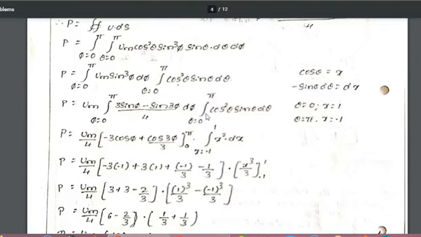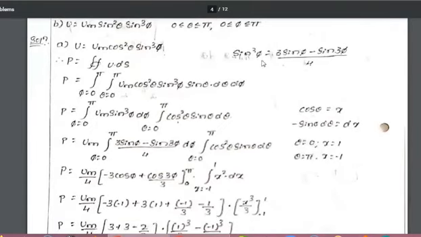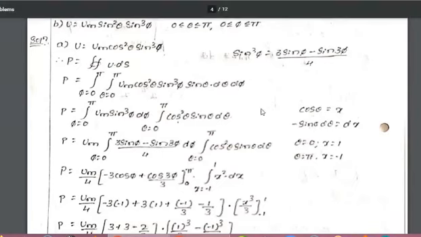So how do we integrate here? You know the value of sin cube phi: 3 sin phi minus sin 3 phi divided by 4. This you can substitute here. So in the phi terms, 0 to pi of (3 sin phi minus sin 3 phi) divided by 4 d phi, and 0 to pi cos square theta sin theta d theta here.